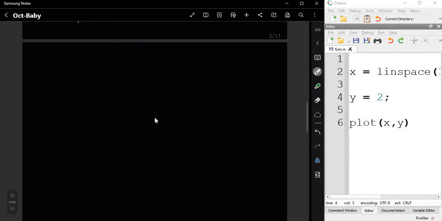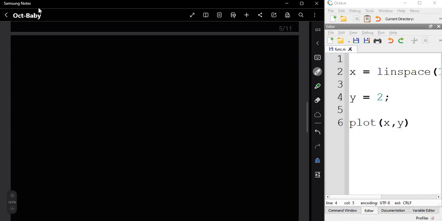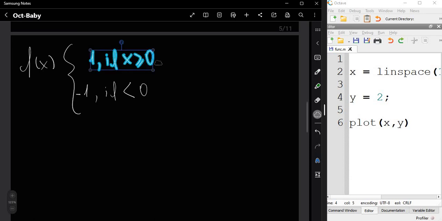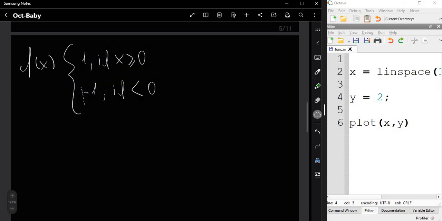Now let's see another example. Now let's say we got a function like that, and the function will assume this value 1 if x is greater than 0, sorry, and is -1 if x is less than 0. Okay,